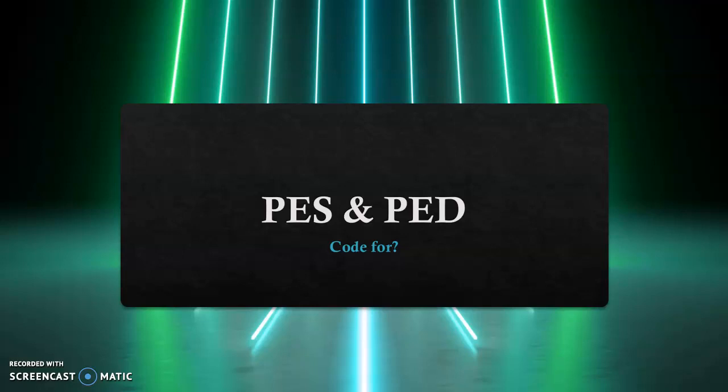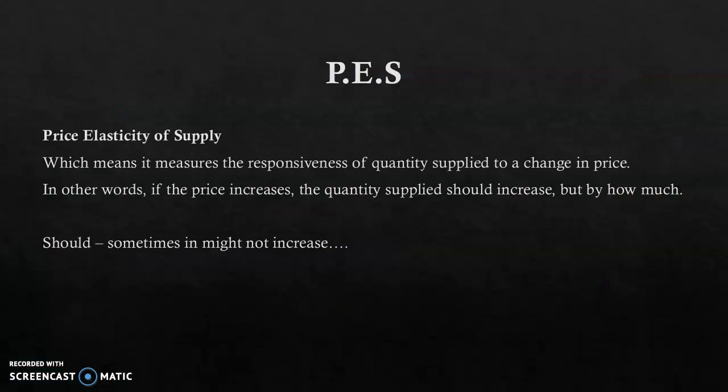So what does it mean, and how will you use it? PES is the economic lingo for price elasticity of supply, and this is looking at the responsiveness of quantity supplied to a change in price. And note that word, responsiveness. Whenever you talk about elasticity, we will be using that phrase quite a bit. Basically, it's about the law of supply. Price increases, we say quantity supplied increases, and vice versa, ceteris paribus.